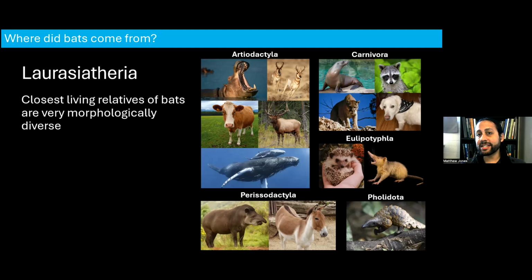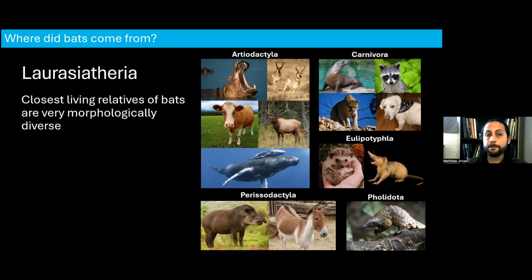This doesn't necessarily help us in understanding the body plan of these early bats or what the earliest bat relatives would look like, because all of these groups are very diverse and distinct in morphology, and their earliest relatives also seem to be pretty diverse and distinct in morphology. So that doesn't necessarily help us in a paleontological context trying to understand